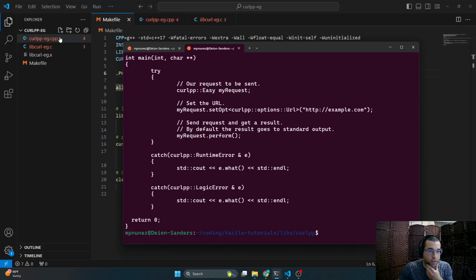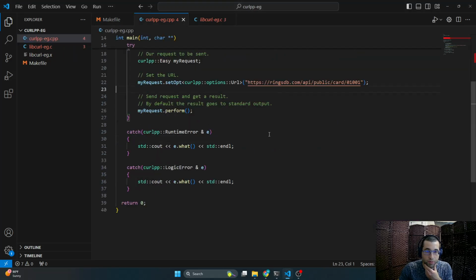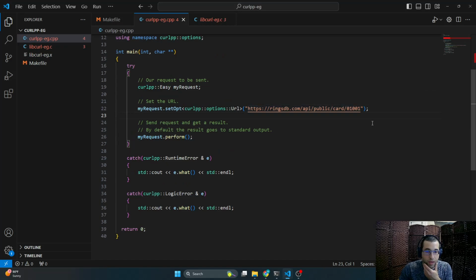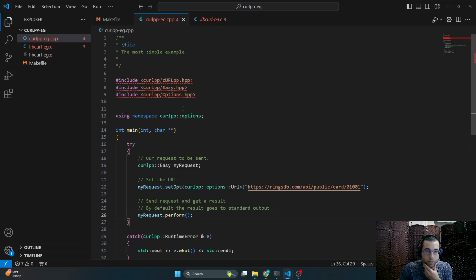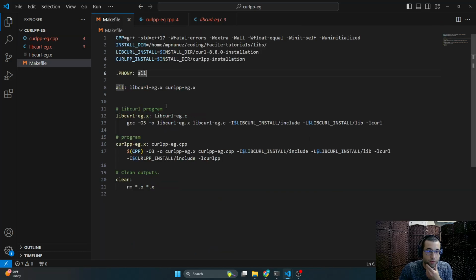So we've copied that here as curlpp example, and we're going to look at the makefile again. We just need to compile this. In our makefile, we're going to compile curlpp.cpp and create this executable curlpp_example.x,